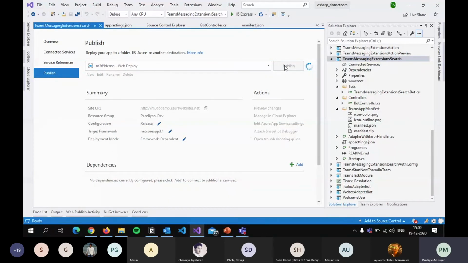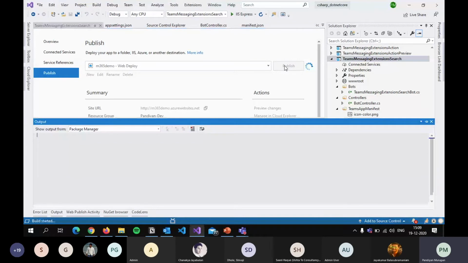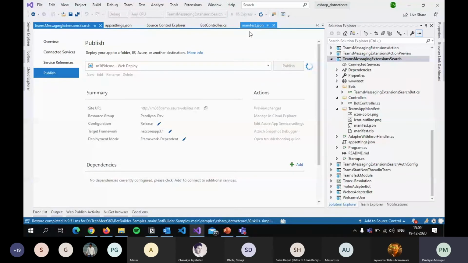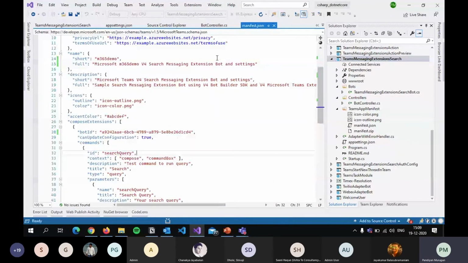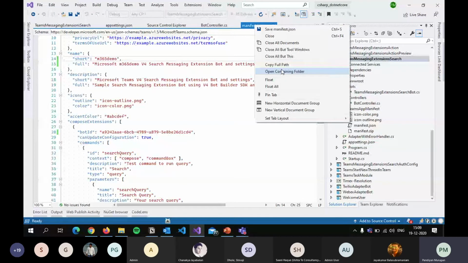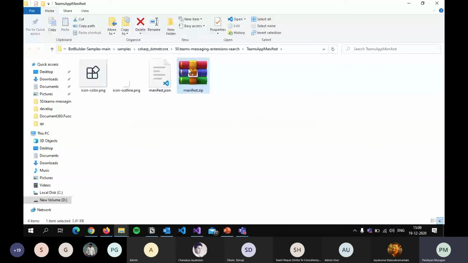So when it is getting deployed, I will explain the other detail here. When you upload something in Microsoft Teams, you can validate before that itself. For example, this will be our latest manifest file, and we need to upload these two icons as well. So before uploading to Microsoft Teams and testing it, or even sending it for a review, we can validate the app in the App Studio itself.